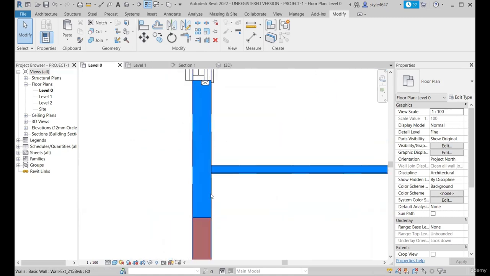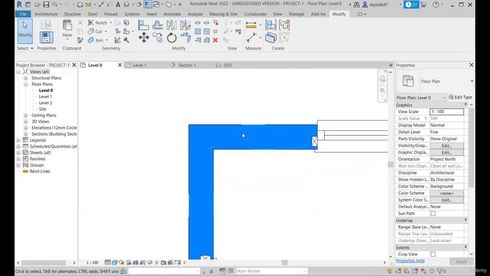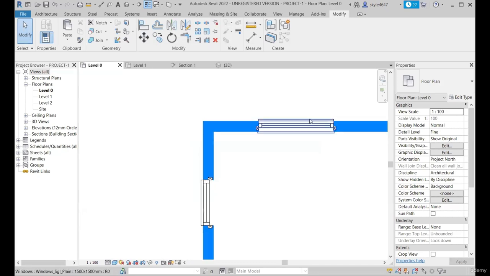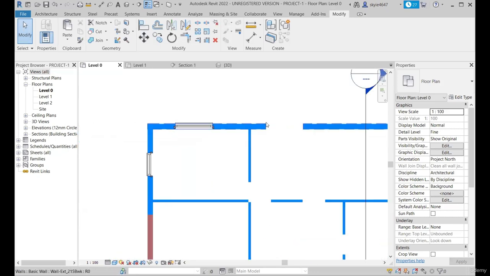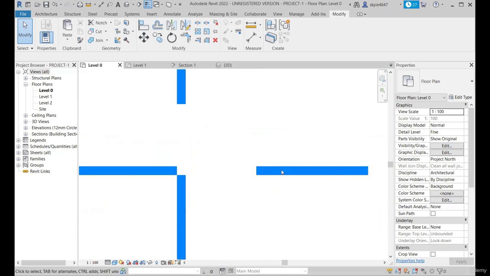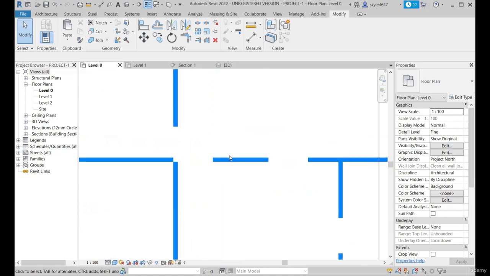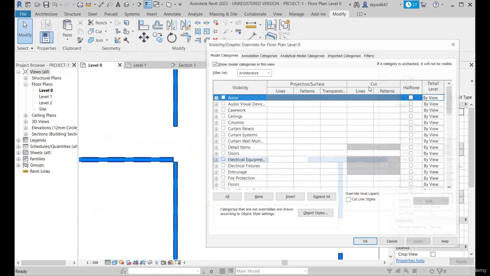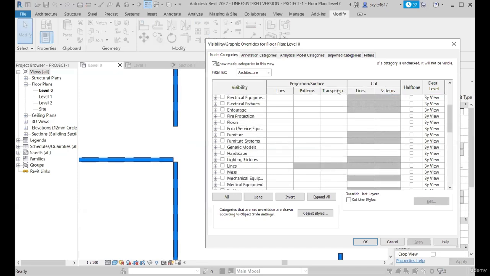As you can see, previously those were continuous solid. Now you can see there is a change in patterns for these elements, wall elements. Okay, and my grids and other doors are also off. Now you can see the line pattern has changed. So you can change both the lines as well and the patterns as well for the cut and the projection